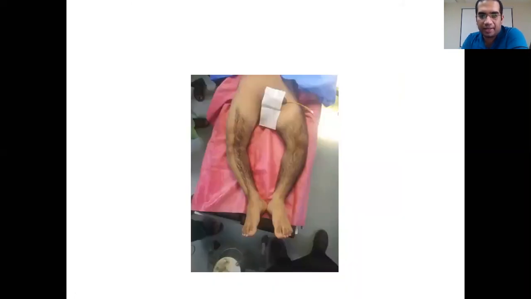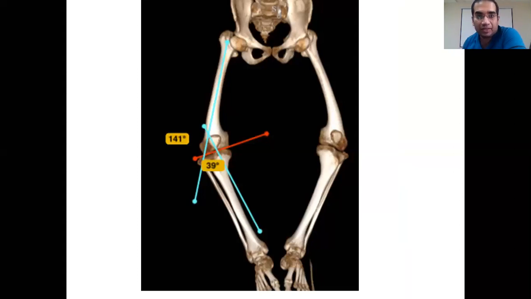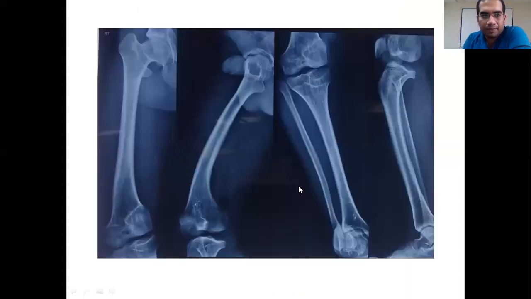So another case, this is a case of an achondroplasic male. This is what I was telling. Now look at the magnitude of the deformity, and look what has happened to the proximal femur. I cannot take the reference of this femur using my proximal femoral angle. So I had to calculate my deformity using the rule of three lines, and the CORA magnitude came out to be 39 degrees. This is the X-ray. As you can see, the proximal femur, I cannot take the reference from this proximal hip.